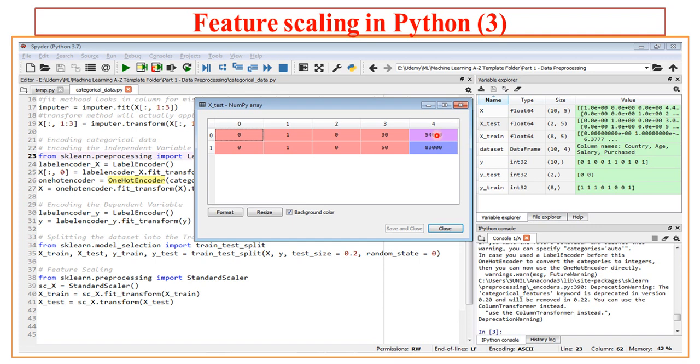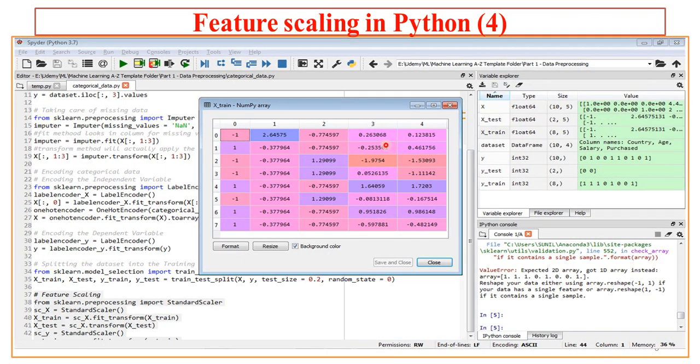Here again we are having x underscore test before scaling. Now in the next slide we'll see what happens after applying the scaling to the data set x underscore test and data set x underscore train.